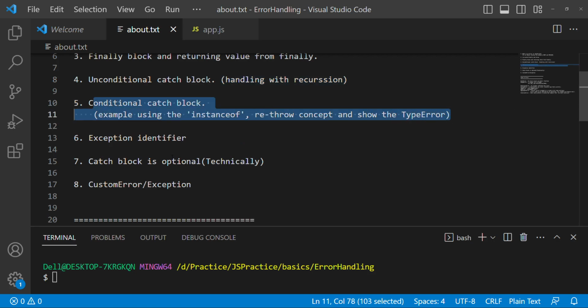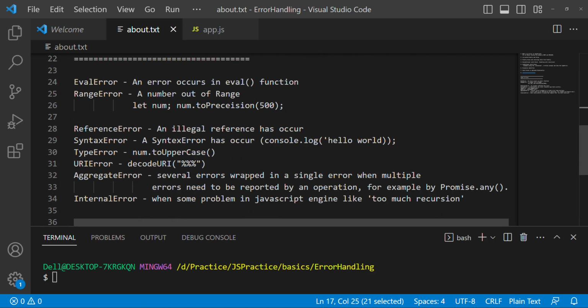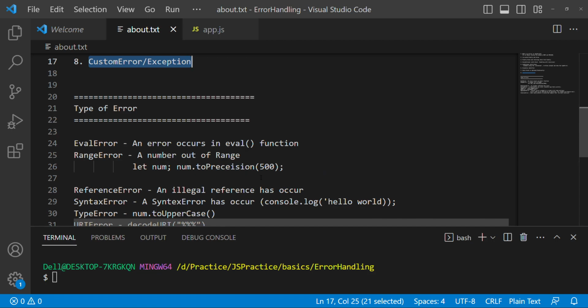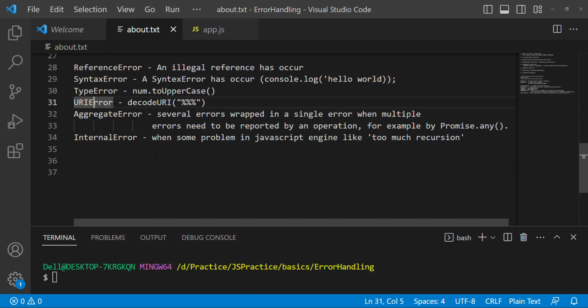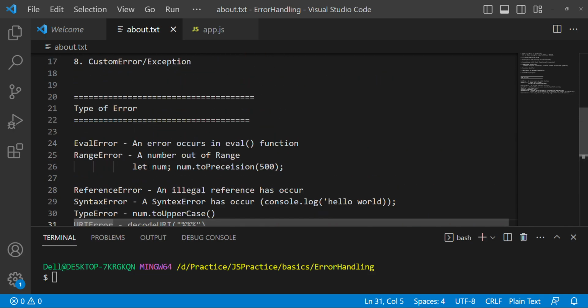Exception identifier, what is that? The catch block is optional technically, but not ideally. We will also see custom error. We will also try to understand there are some error types inbuilt in the JavaScript engine, so we will try to see some of them. There is EvalError, RangeError, ReferenceError, SyntaxError, TypeError, URIError, AggregateError, and InternalError. So before proceeding further,